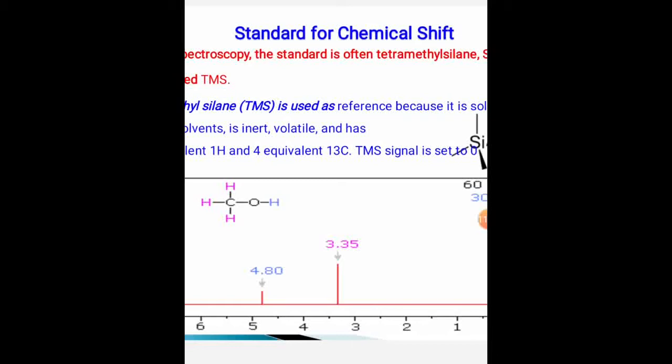In OH, the proton is directly linked to the electronegative oxygen atom. So it has a higher delta value or chemical shift value, while in the case of the CH3 set of protons, the three protons are attached to the less electronegative carbon, having a lower chemical shift value. Means chemical shift value gives an idea about the electronic environment of the set of protons.